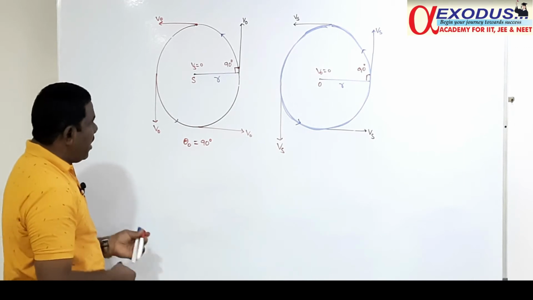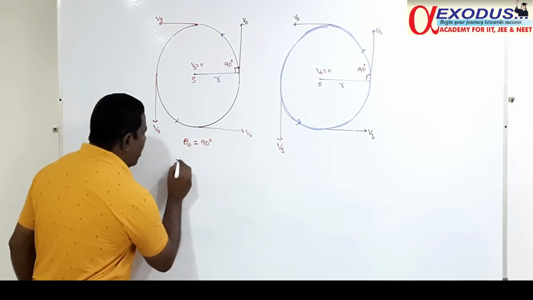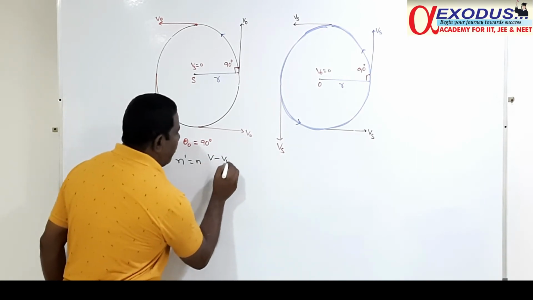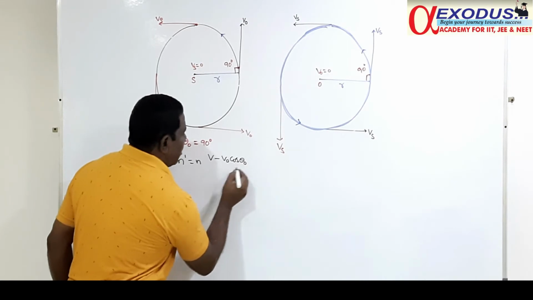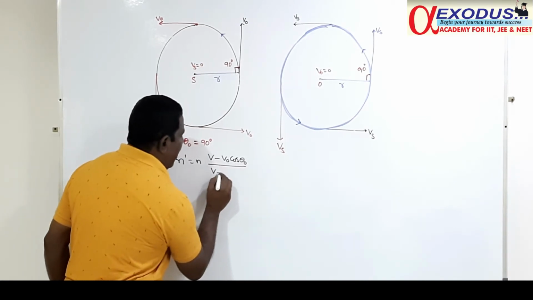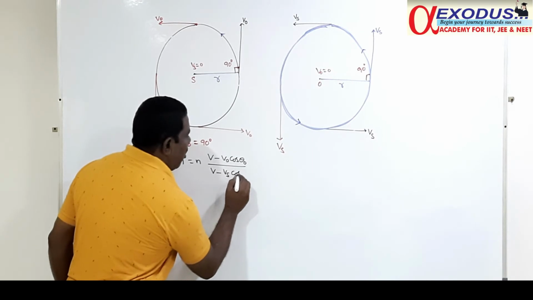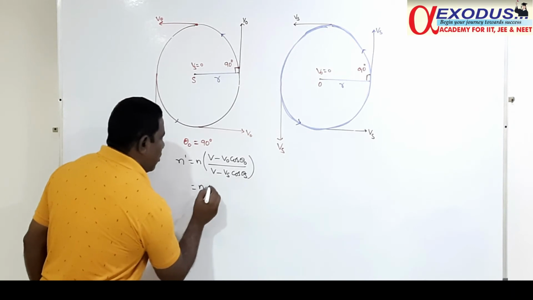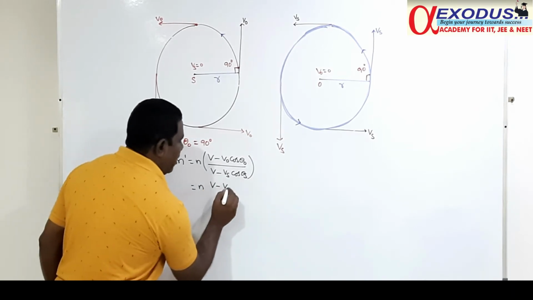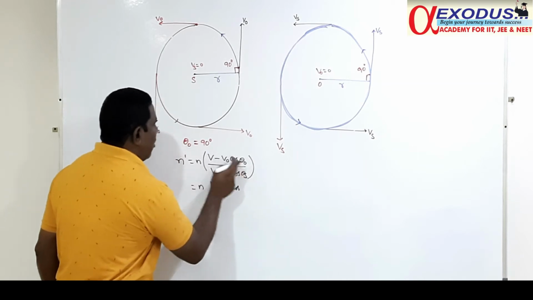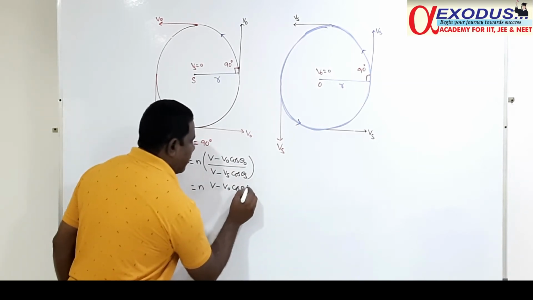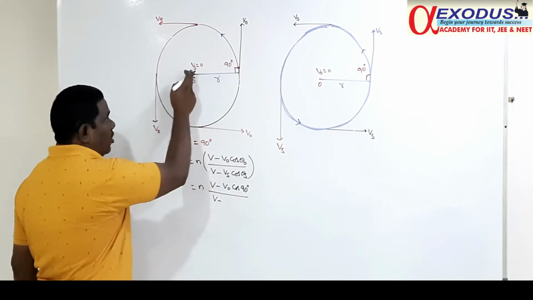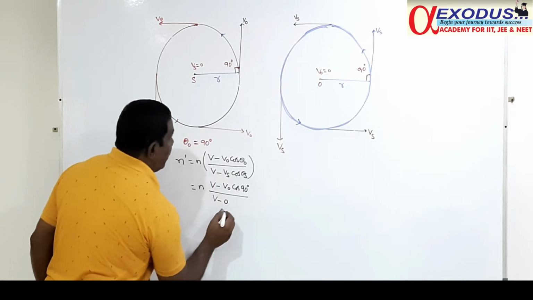Therefore, the apparent frequency observed by the observer, n dash, is equal to n into (v minus v naught cos theta naught) divided by (v minus vs cos theta s), that is equal to n into (v minus v naught cos theta naught, where theta naught is 90 degrees) divided by (v minus vs,